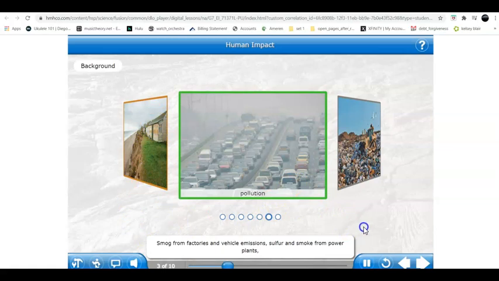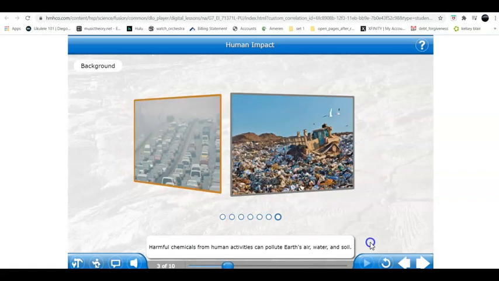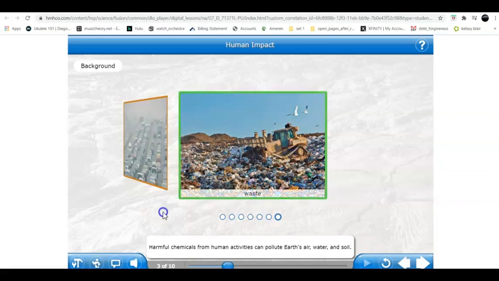Smog from factories and vehicle emissions, sulfur and smoke from power plants, runoff of pesticides and fertilizers from farms, and garbage and human waste all cause pollution. Harmful chemicals from human activities can pollute Earth's air, water, and soil. All right. So if we do a bad job of storing the runoff, the result of our activities,